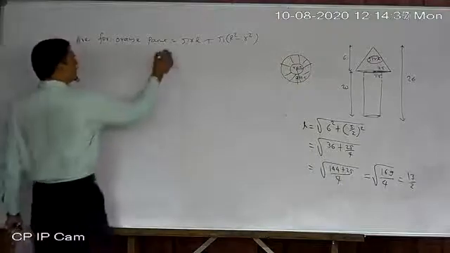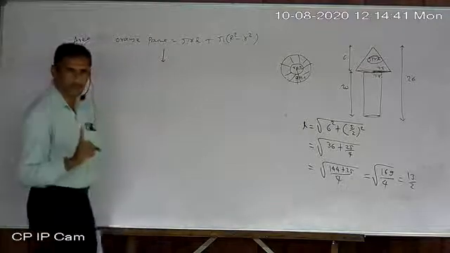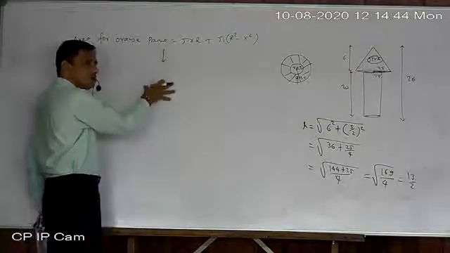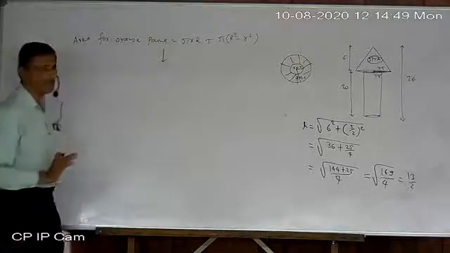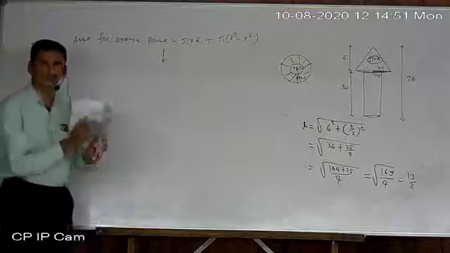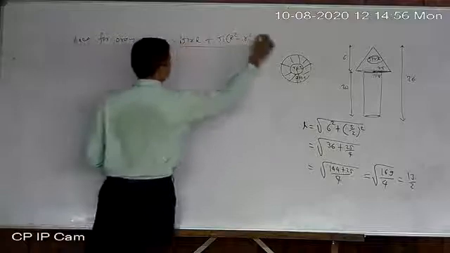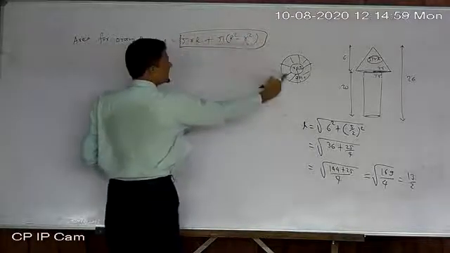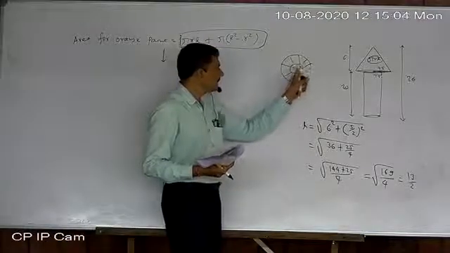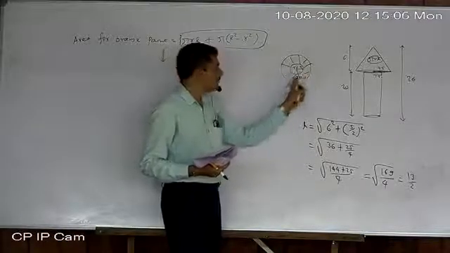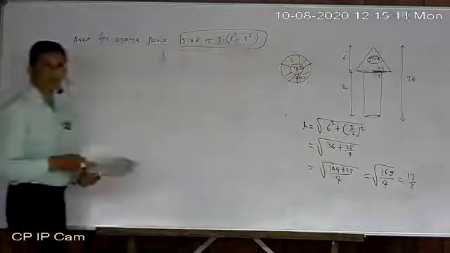Just place the values here. Solutions are given, so I am not solving the whole sum here. You just do the calculation and get the answer without seeing the solution of the textbook. I am just giving you a hint. So that is the first part. Where did this part come from? Look here. This circular ring is there, but this is the part overlapped by the cylinder. So you have to take this part, so pi R square minus pi r square is taken.